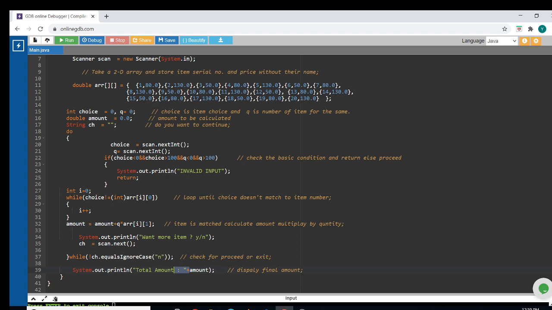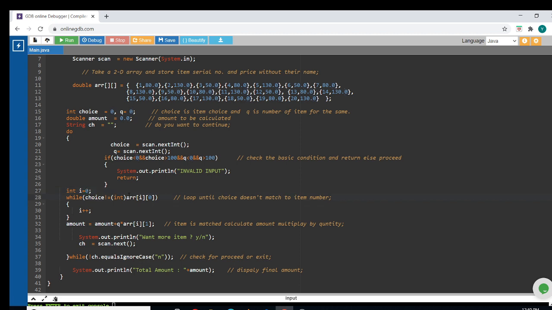Now the choice variable, as I mentioned line by line, takes the choice from the user. Amount is the variable where we will calculate the amount to be paid, and quantity will be stored in q. First of all we take the choice, then we take the quantity. If these are less than 1 or greater than 20, it is invalid input and the program will return. Otherwise, int i is equal to 0.